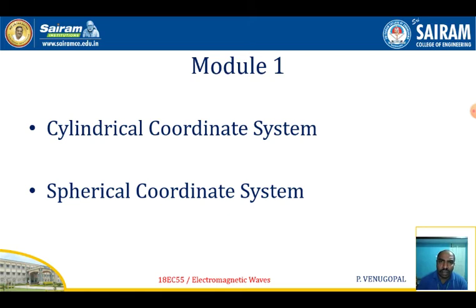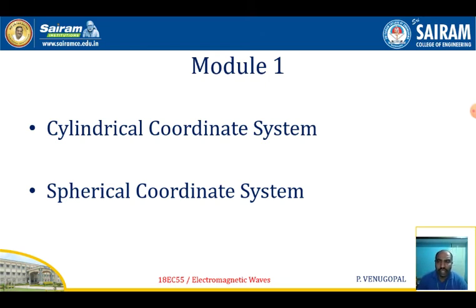What is the vector length dl? Vector length dl is equal to dx into ax plus dy into ay plus dz into az. And the surface areas you also understood, what dsx, dsy, dsz are, and also the differential volume dv is equal to dx dy into dz. So like that, here also you are going to study all those things.